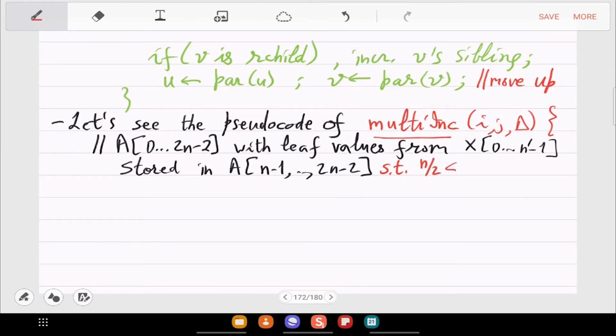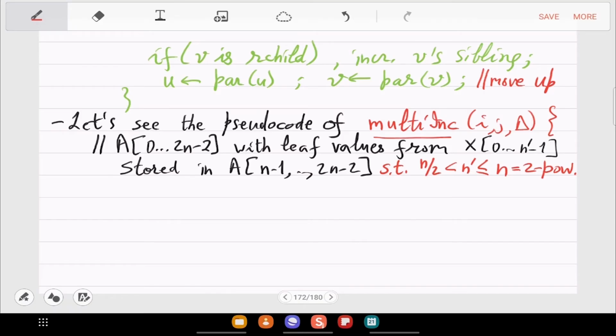Such that n by 2 is less than n prime, which is less than or equal to n, equal to 2 power. Okay, so n prime is the actual number of integers. Take n, which is 2 power just after that. So roughly from n by 2 to n stores your leaves.